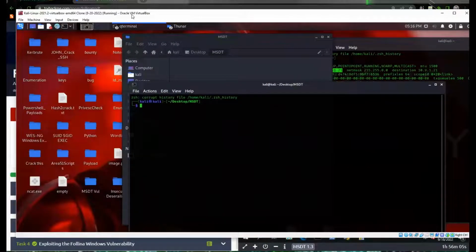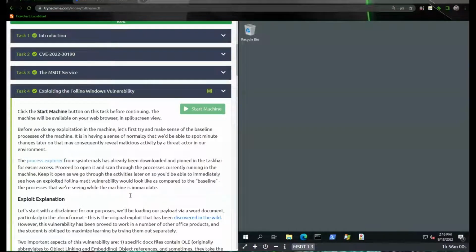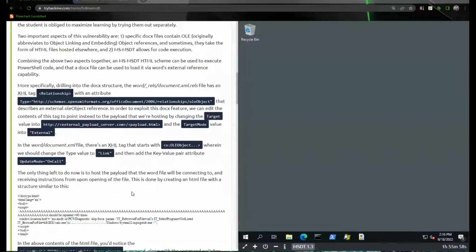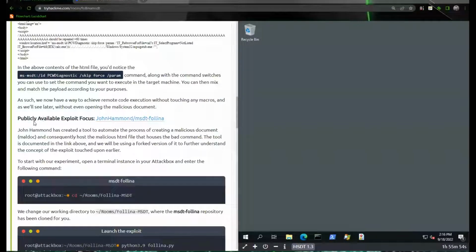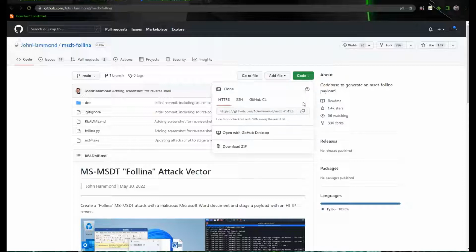And now I'm going to go ahead and find the location of that Python script. So if I scroll through here, you'll see how they note that there's a publicly available exploit. And if I click here, it'll take me to John Hammond's GitHub. If you click here, you'll see the HTTPS link to his GitHub with the Follina.py file that we need. What I'm going to do is go ahead and clone it. So I'm going to copy that link,